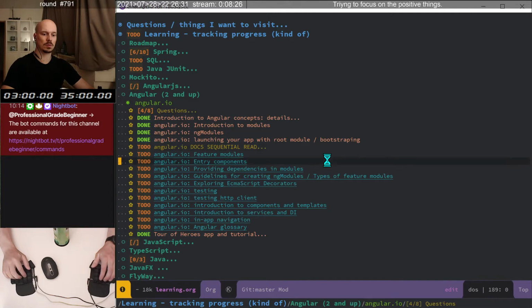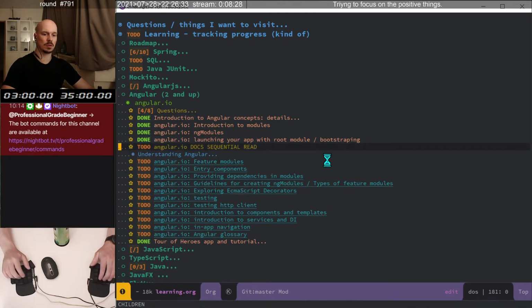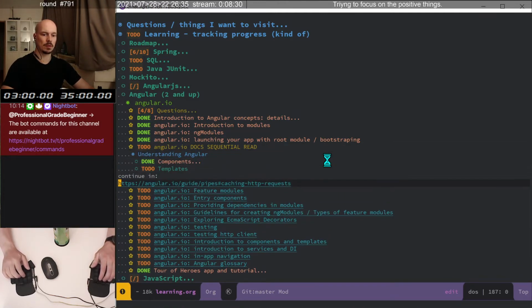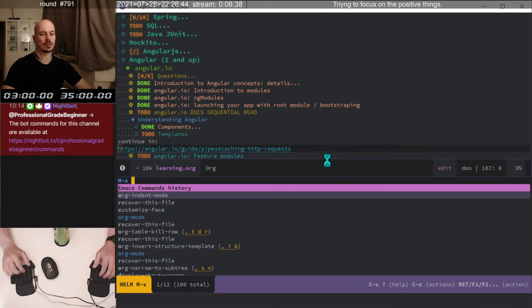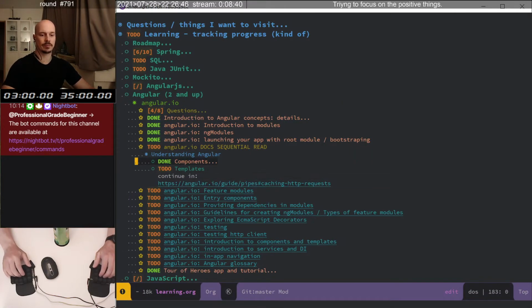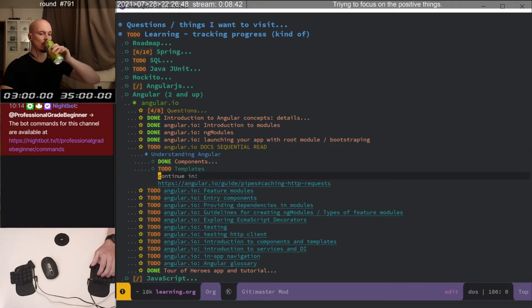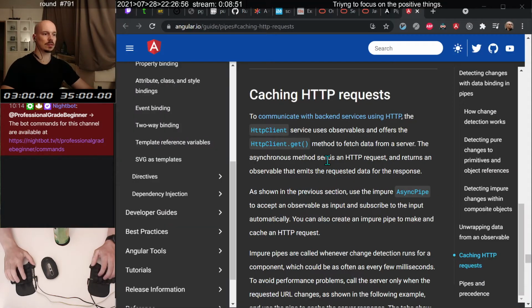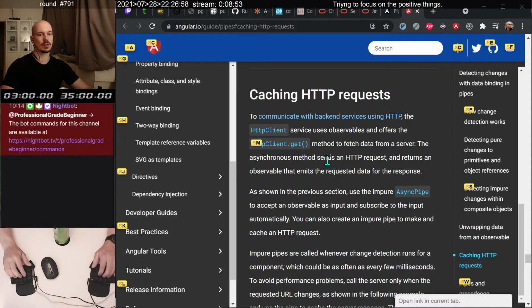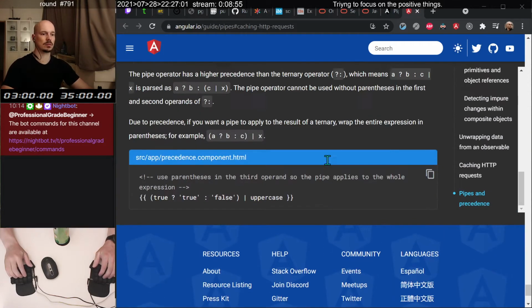To an app, and we are here. We are in templates. Oh, we don't have the indent mode. Now we do. That's exactly what we have here, yep. Okay, so